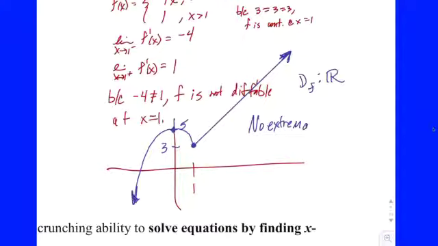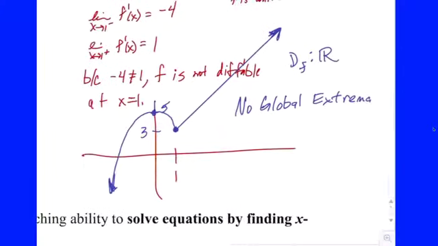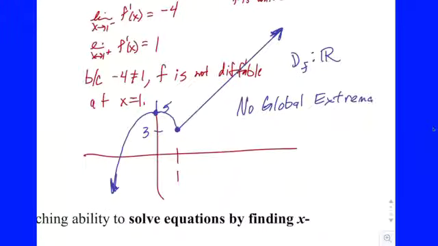Now it does seem kind of weird to say no extrema, right? Because then you're like, well, what about at 0 and 1? So maybe we'll say, okay, clarification, although it's not needed. There's no global extrema or no absolute extrema. It doesn't hurt to put that in there. But do we have any local extrema? Yes, okay. So F has a